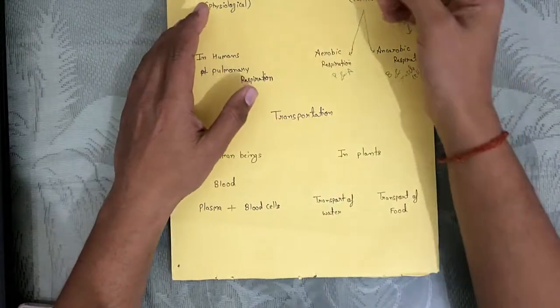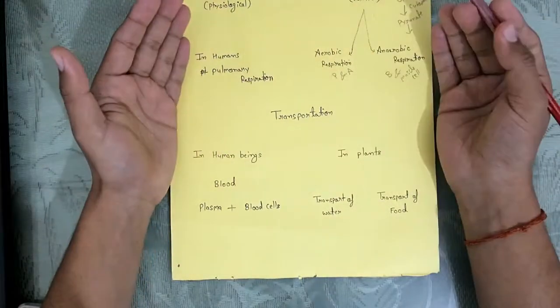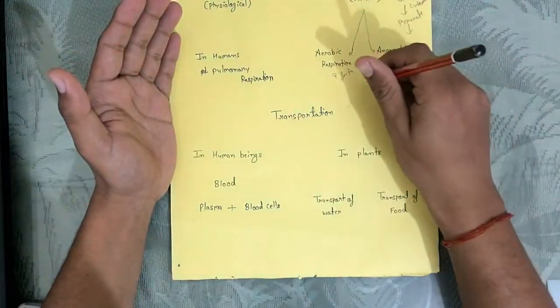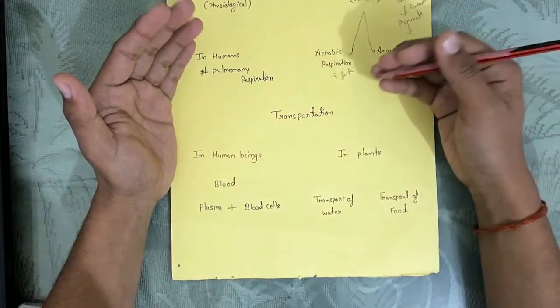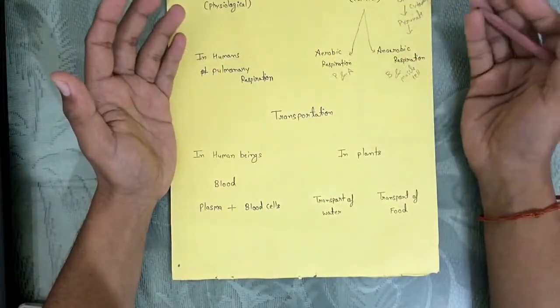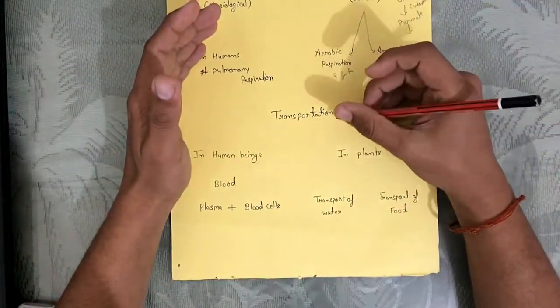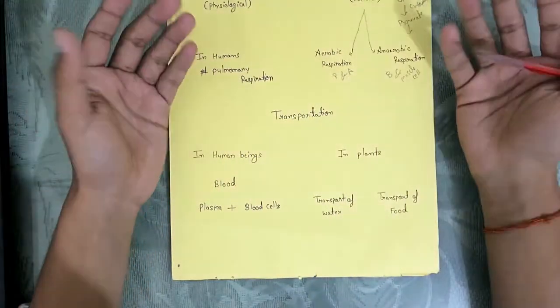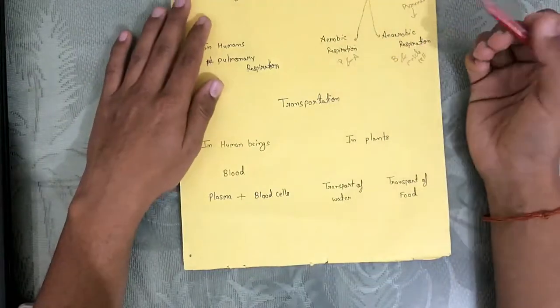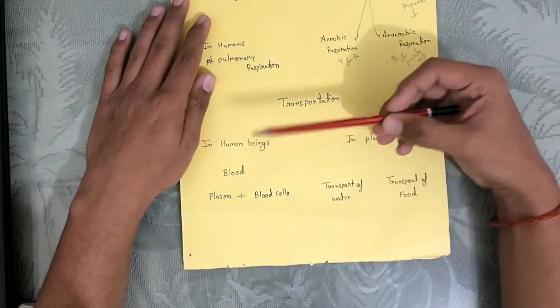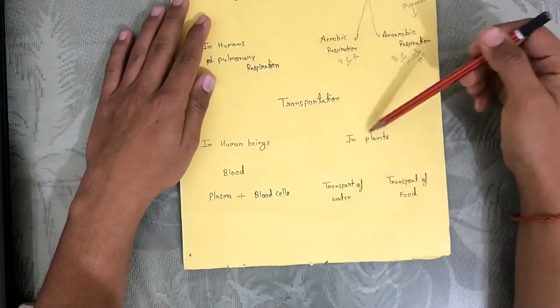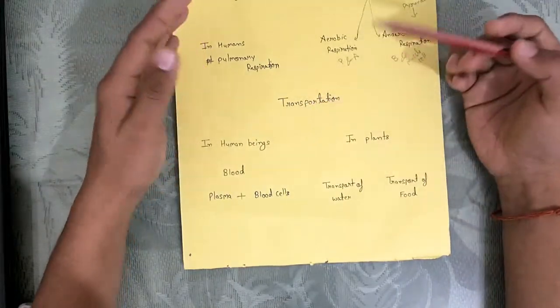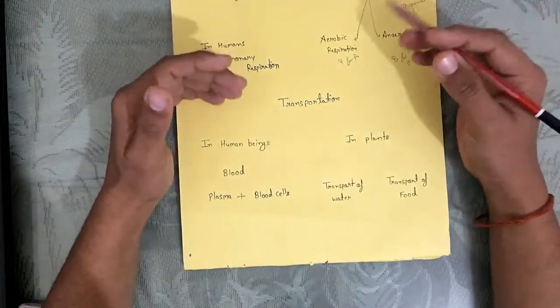broken it with the help of oxygen. Then what? How is this broken food going to be delivered to the cells? There comes the transportation process. It needs to be transported to different body parts. That also differs from human beings to plants. Like in human beings we have connective fluid tissue, that is blood, that performs all the